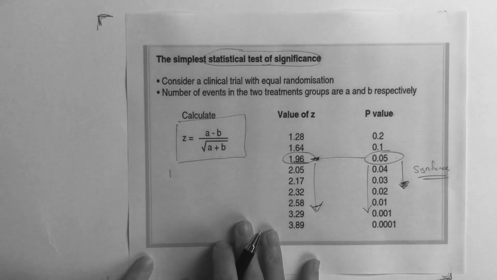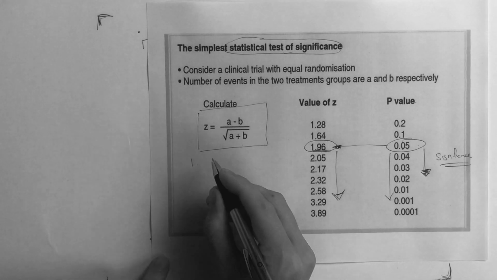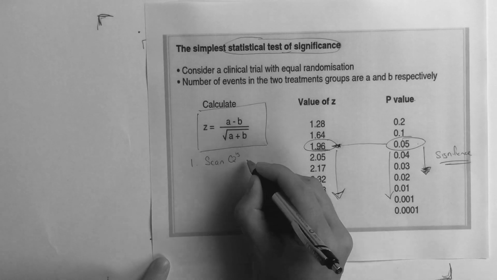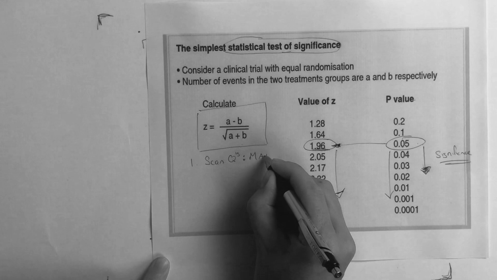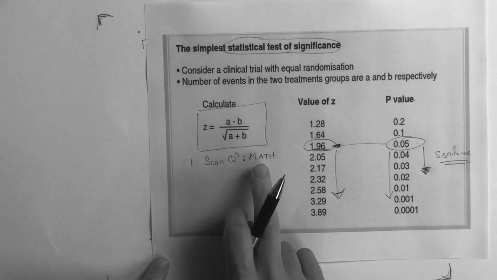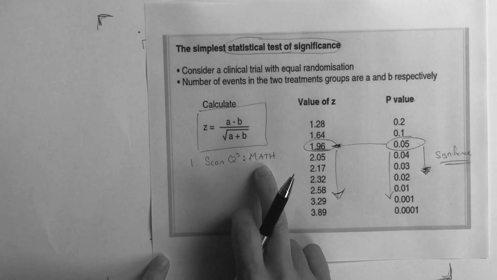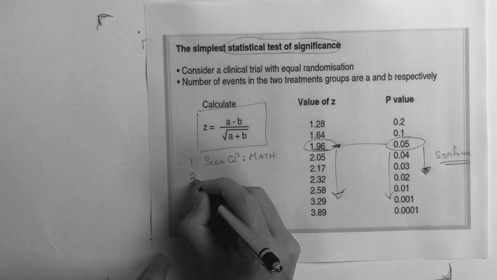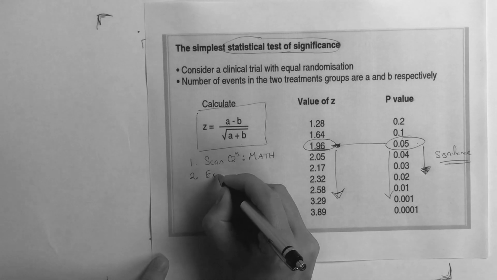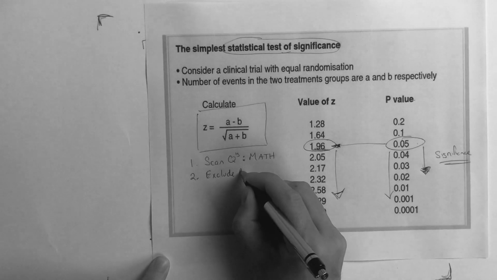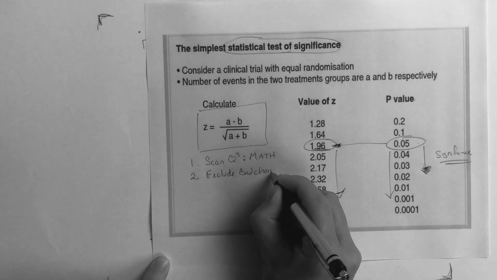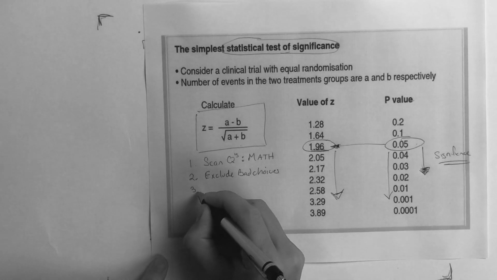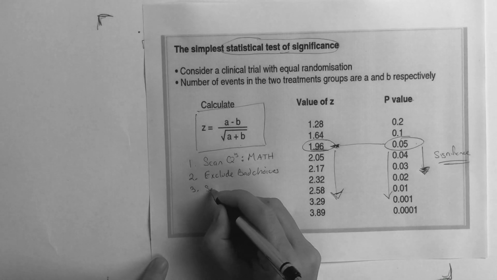And how we're going to attack these problems is going to be this. I want you to scan the questions, and I want you to scan them for math problems, because we're going to attack the math problems first, because they're the ones that we're going to solve the easiest and the quickest. Number two, I'm going to say exclude the bad choices, okay? Every question has them. There's always going to be one or two that are just obviously not it, because the third step is we're going to select